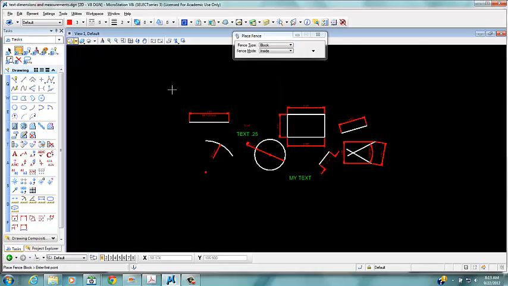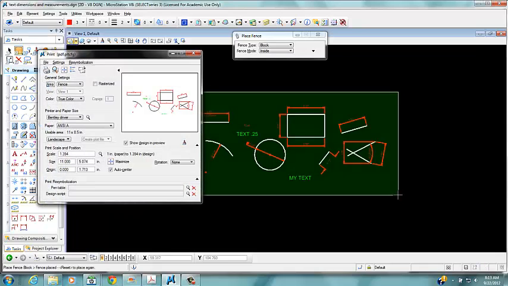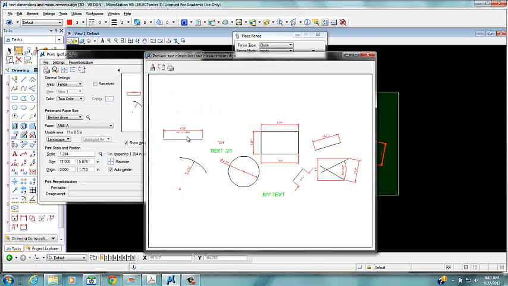And if I want to put a fence around this, I can do a Control P to print it out. And there are my shapes. I can do a preview here to take a look at what that would look like. Of course, we can set up pen tables to set our line weight and colors, but we kind of take care of that in some other videos. So this is text